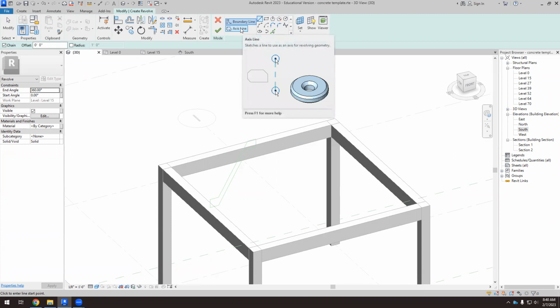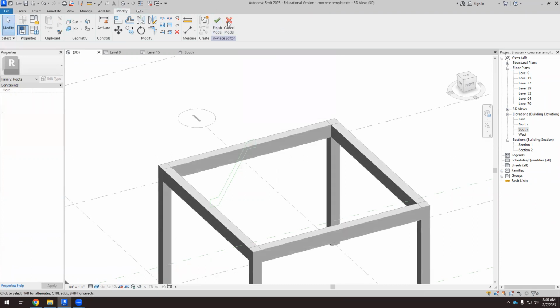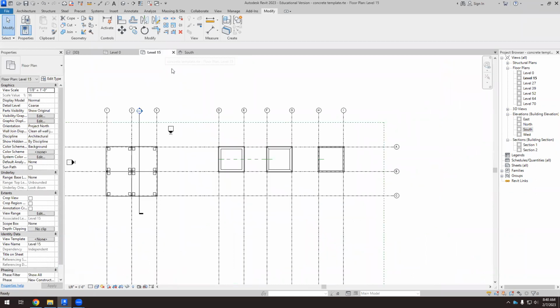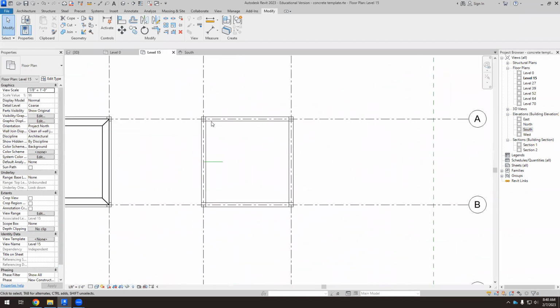Okay, so for the axis line, I need a reference because I need this vertical axis that is in the middle of that square. So before doing this option, I'm going to build that line because otherwise it will be difficult to do it. So if I'm on level 15,